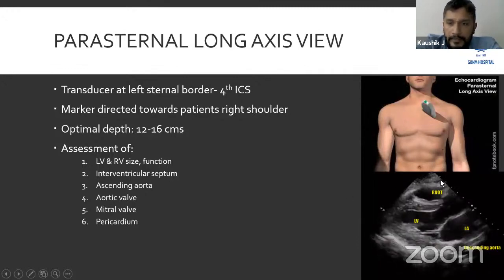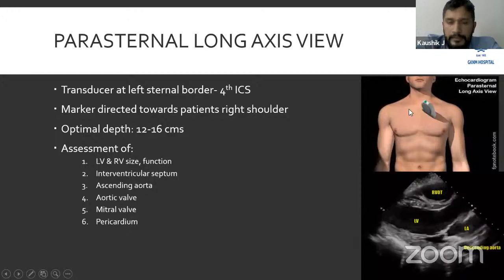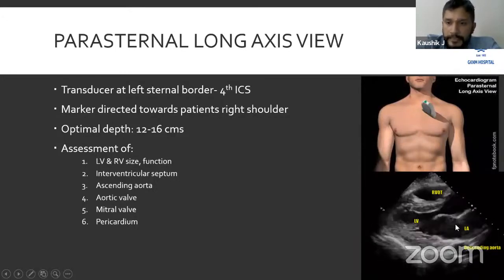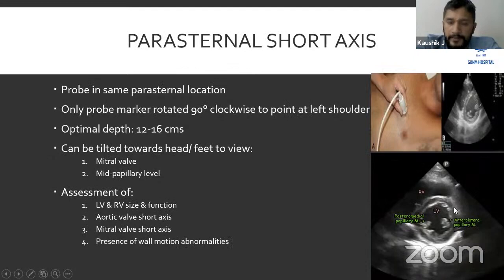And this is the mid-papillary level of the left ventricle. So like we can see, we can have a cross section of the left ventricular cavity, and this is useful to assess the left ventricle as well as the right ventricle. The mitral valve, if we